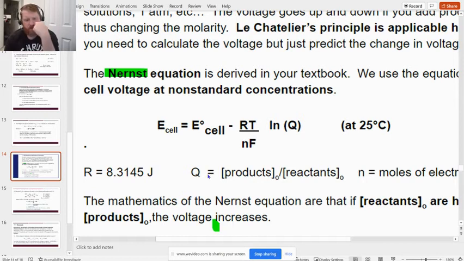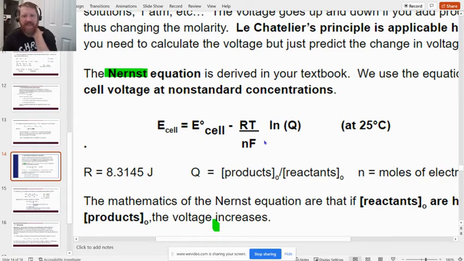Now, remember, reaction quotient, just like K, is the products over the reactants. What would happen if the products over the reactants were both 1? We'd have 1 divided by 1. Q would equal 1. Then we'd have the natural log of 1. Landon, what's the natural log of 1? Did everybody hear him? He said 0. Good job, Landon. It is 0. What is 0 times RT over NF? 0. So the voltage of the cell is equal to the standard voltage of the cell if we have 1